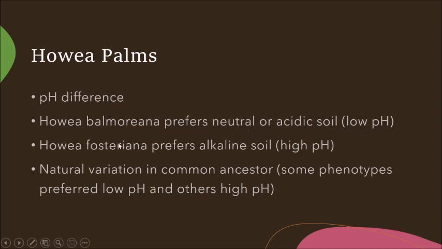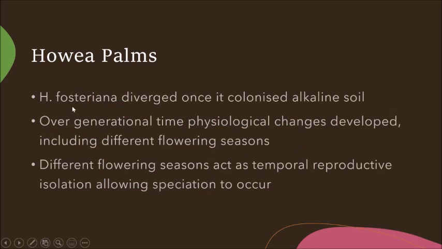But these two species originally would have been one with natural phenotypic variation. So some were slightly more suited by the higher pH, some by the lower pH. So the natural variation occurred in this common ancestor, and then Howea forsteriana diverged after it managed to colonize alkaline soil. Now this would have happened over geological time, which is a long period of time. Additional physiological changes developed. One of the key ones is that forsteriana would flower at different times to the other